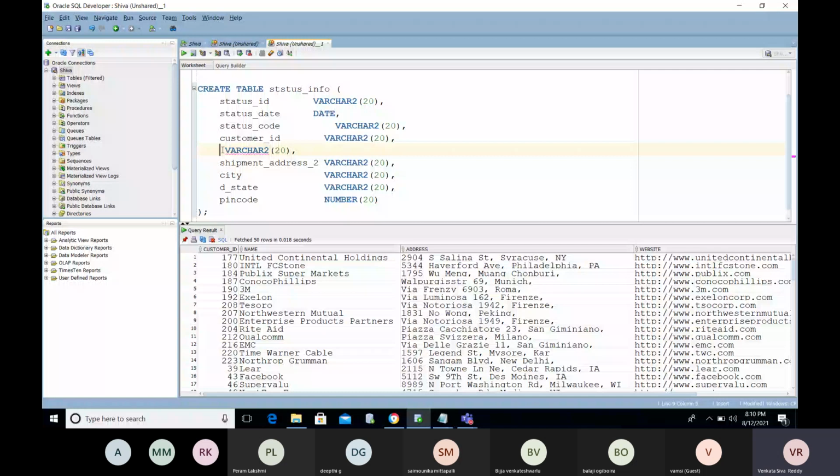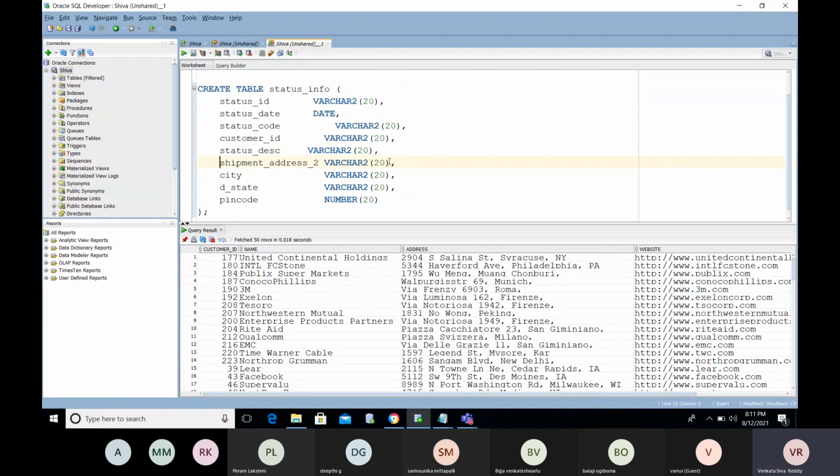Now we have the information: status ID, status date, status code, customer ID, status description.